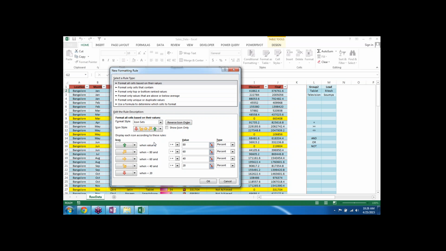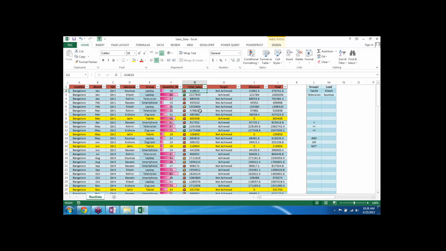That is a very good way to demonstrate your data. So this was some knowledge that we wanted to share about the data bars and the icons, and conditional formatting takes care of all these items. Conditional formatting in Excel is not a new feature, it's an old feature, but recently it has seen some great advancements. This is one of those advancements that you have noticed just now.